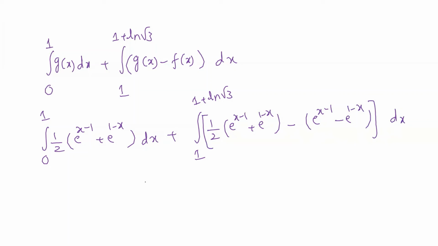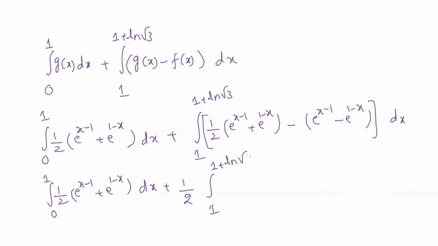So now after this, whatever we have is simply calculations, right? You can say this is one of the lengthy questions that we have here, because we have to do a lot of simplifications. E raised to 1 minus x dx that we got here. And the second one that you can see here is going to be 1 by 2 e raised to x minus 1, and minus of this, that we can write as 1 by 2 times integral 1 to 1 plus ln root 3 e raised to x minus 1 dx. And this one is going to be 1 by 2 times e raised to 1 minus x, and minus into minus, that will be plus. And we are going to get a third integral, that is going to be 3 by 2 integral 1 to 1 plus ln root 3 e raised to 1 minus x dx.